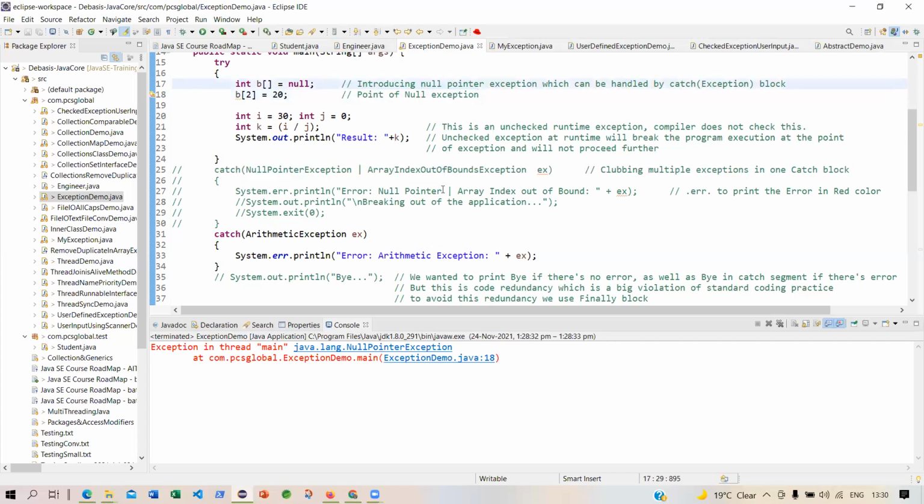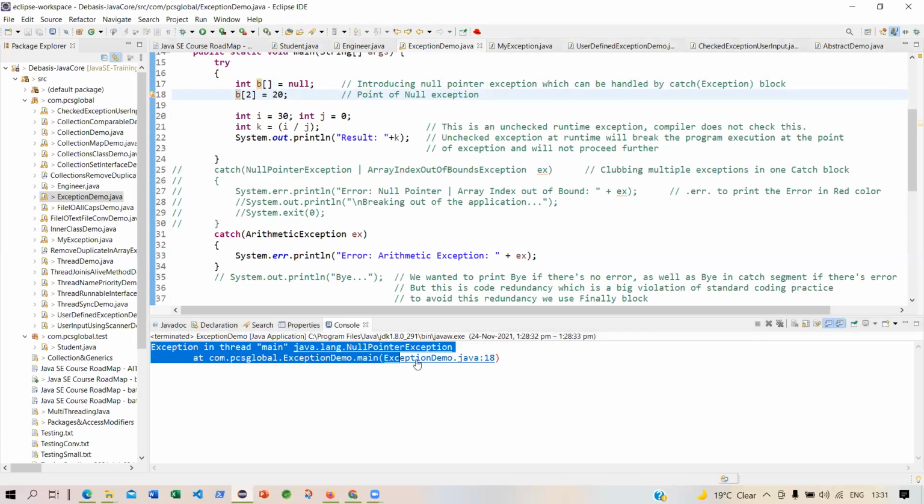But the cause is this, because you have made this B a null pointer, a null array. Any questions? And this message has been given by the runtime engine, not by yourself.